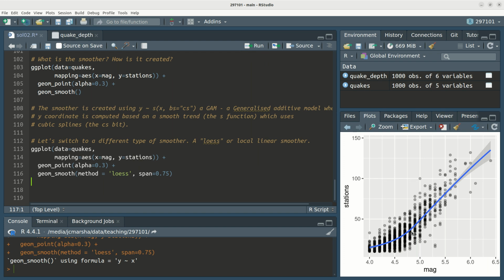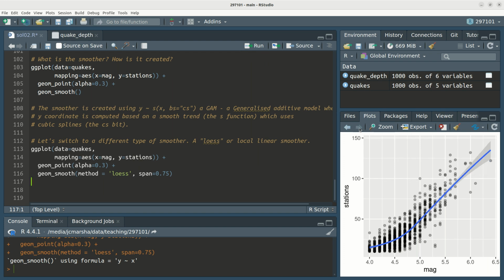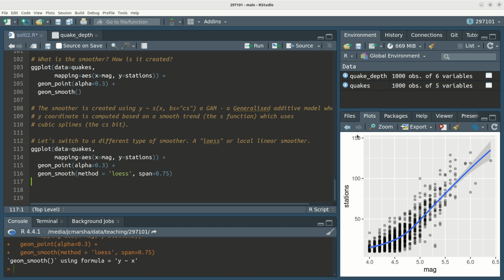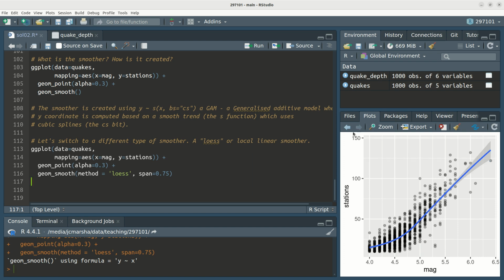All right, and so now you can see we've got a different shape. So the LOESS smoother is not curling over as much at the top. Okay, and it's also as a result doesn't really have the same bump in the middle here. Okay, so this is a different smoother